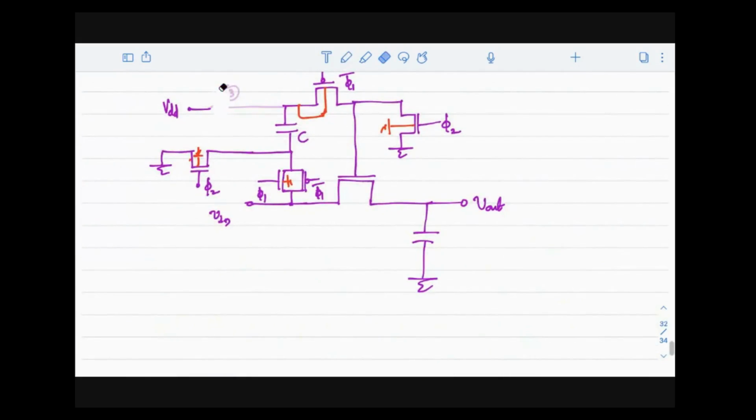So in that case, I can redraw this with phi 2 plus VDD and with the NMOS switch. This is the NMOS switch, and we can connect that to the ground. The gate can be connected to the ground itself, the least potential which is available. Are you guys with me? Can I get some response in the chat?